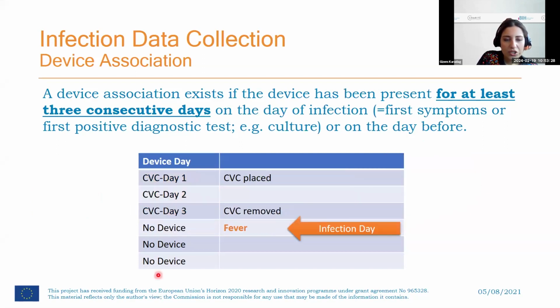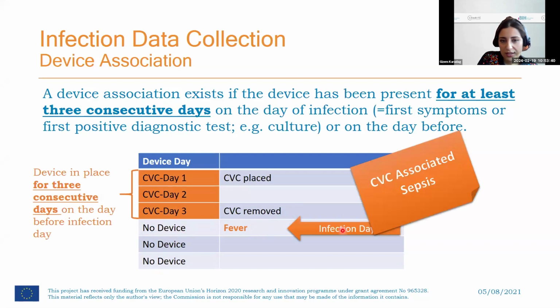In this example, the patient had 3 days on CVC, and the fever started on day 4, which is our infection day. This is also CVC-associated sepsis, as the device was in place for 3 consecutive days on the day before infection day. So day 3 is the day before infection day, and on that day, the patient had the device for 3